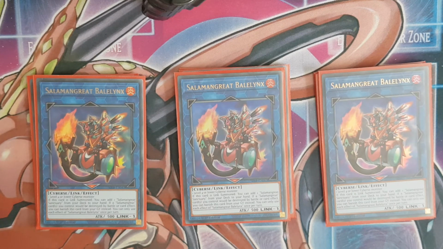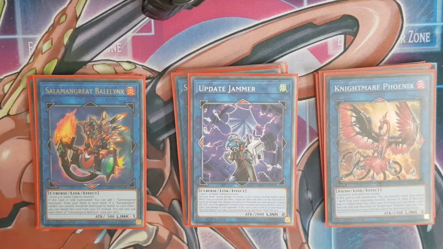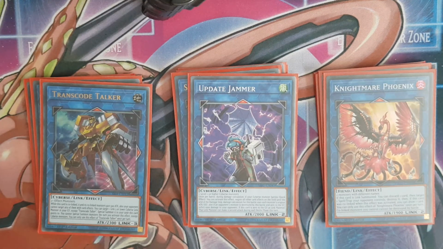Now on to the non-Salamangreat monsters. We've got one Nightmare Phoenix because it's a Fire monster and it can help deal with more back row. We've got the Update Jammer and Transcode Talker. So Update Jammer, if it's used as link material, you give the monster that has used it as link material two attacks during each battle phase. And also Update Jammer has a nice effect on the field that during the battle phase, if one of your Cyberse monsters attacks, you can basically skill drain the rest of the field until after damage, and burn your opponent for 1,000,